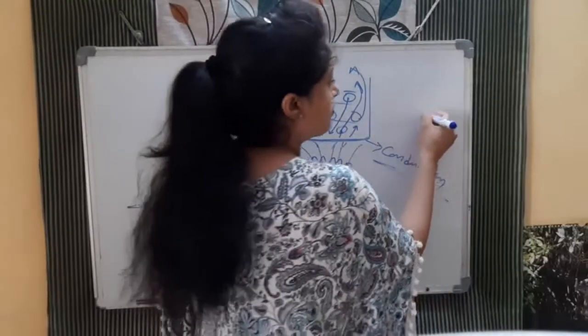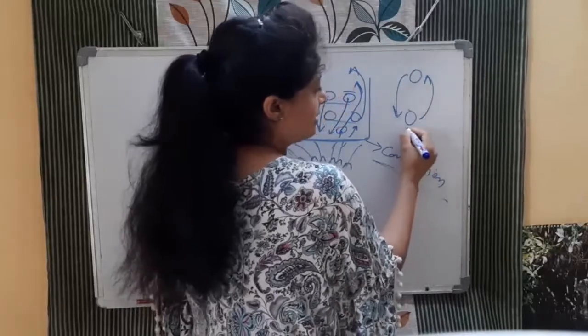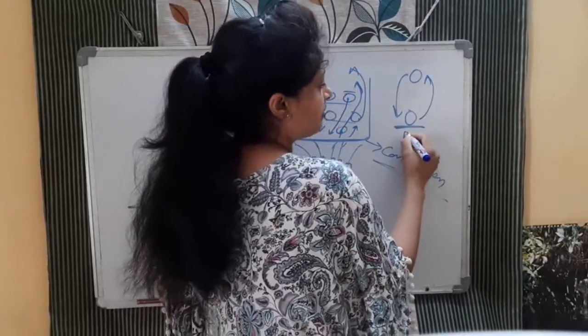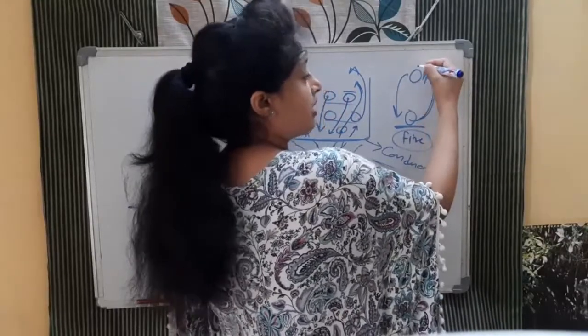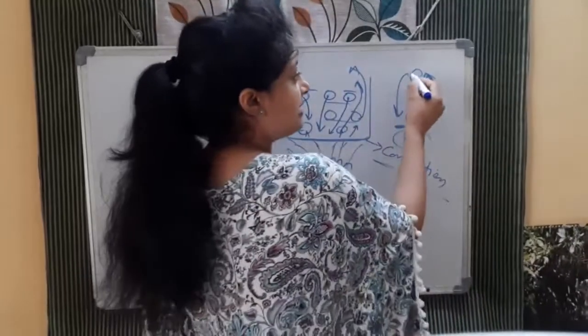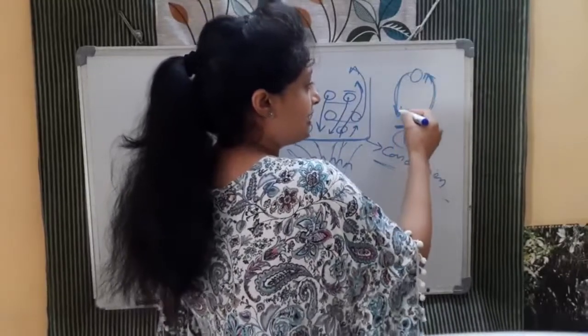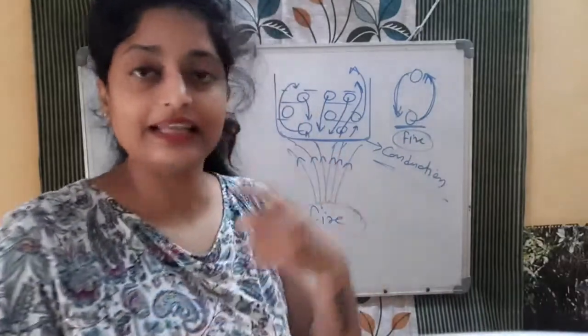So what will happen, bacha? The process will be like this. If this molecule is near the fire, it will get energy and go upward, and the upper one, the colder one, will become heavy and dense, and it will come down. Then it will again get the energy, go up, and come down. So in this method there is a movement of the molecules.